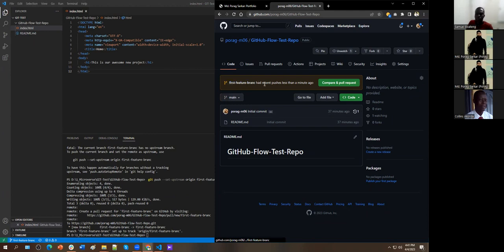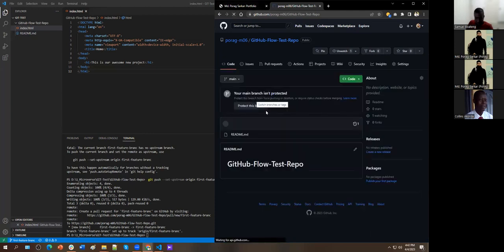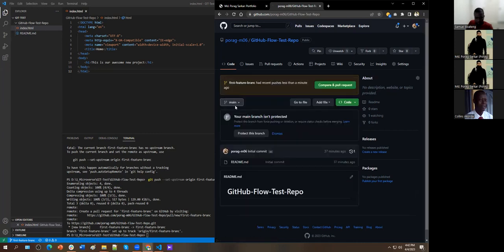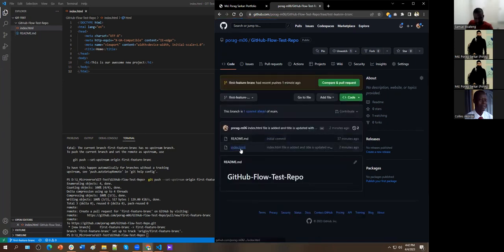First feature branch had recent pushes less than a minute ago. Right now the main branch is selected. I have to maybe reload to get the list of the branches. Now, yeah, right. So the first feature branch. If I click on that, I'll be able to see the new index.html file,